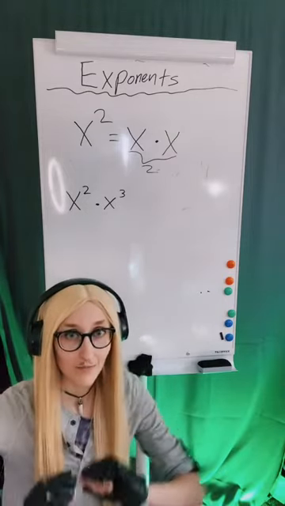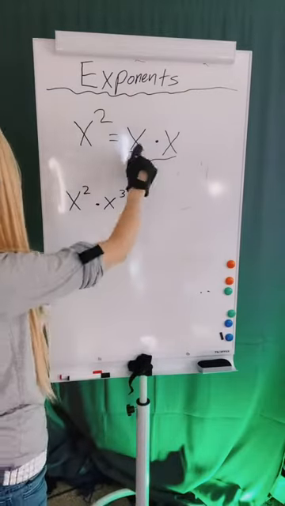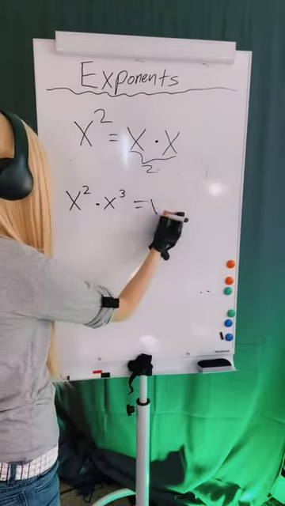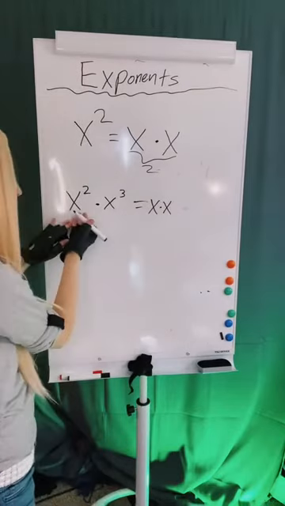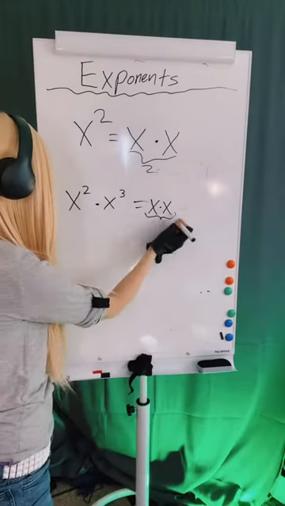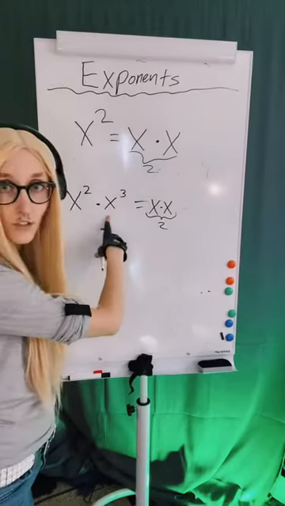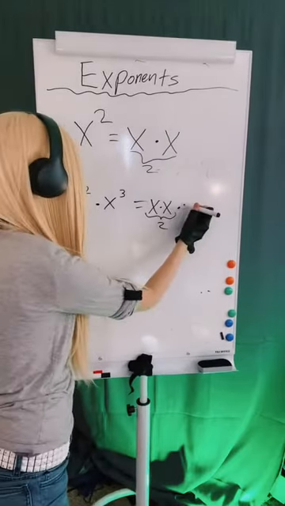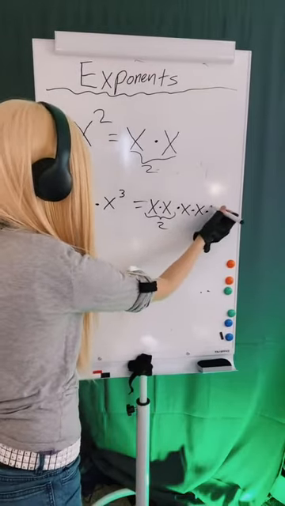All right. Here's what's up. Let's rewrite it. So x squared really means I've got two x's, right? That's what it means. So let me write that out. I've got x times x. That's what this x squared means. I just rewrote it. X times x. I've got those two from this guy. So now I've got x to the third, right? Well, that's three x's. So I've got x times x times x.